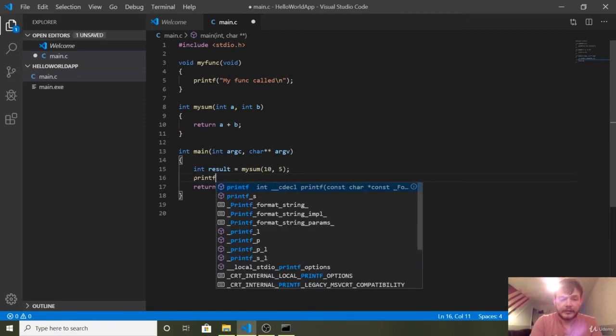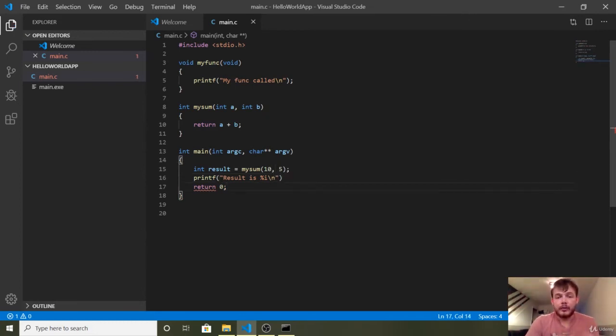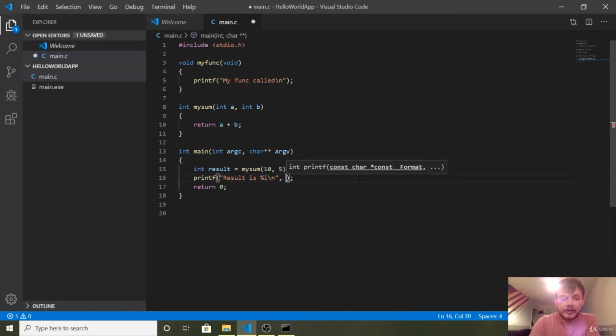We're going to go printf, "result is". I'm going to do "result is" so you don't get confused thinking that the equals is required. Result is, and you do %i, and then you do the new line. So what happens here? Currently undefined behavior, because we haven't supplied the result. But what will happen is it'll say the result is, and then %i takes from an argument that we provide here. So if we do result